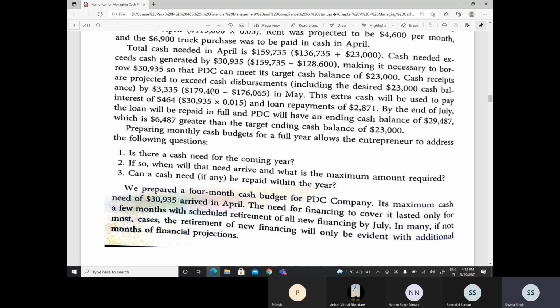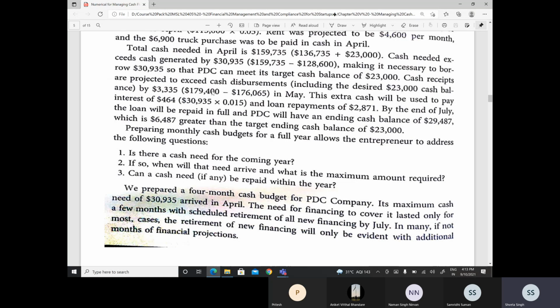Cash receipts are projected to exceed cash disbursements, including the desired 23,000 cash balance, by 3,335 in May. This extra cash will be used to pay the interest of 464, which is nothing but 1.5% of the balance, and loan repayments of